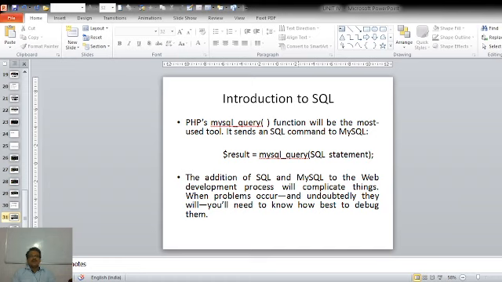But while dealing with MySQL, the support for the MySQL database server has to be built into PHP in order to use PHP's MySQL specific functions. Suppose PHP doesn't provide the MySQL support, then we will not be able to execute the SQL queries.